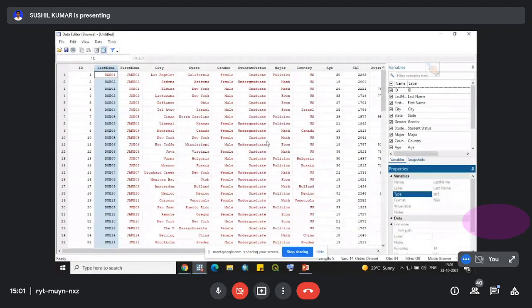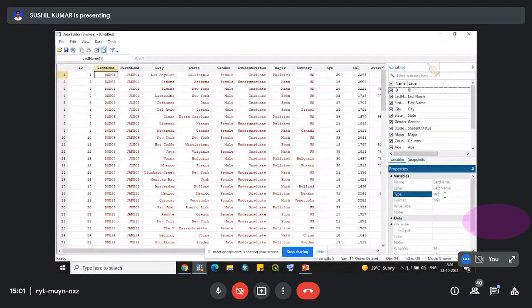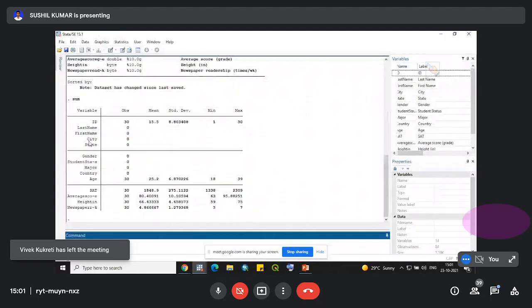Generally, Stata stores data in two formats, either number format or string format, or in mixed format, that is number and string. When there is number format, as you can see with ID, it is given as byte, float, or long. And when there are characters like abcd or anything like names, these are all characters that the data has defined here. So these are string variables, and therefore it has not shown me the properties of these variables. So in order to see, I will use another command, that is tabstat.